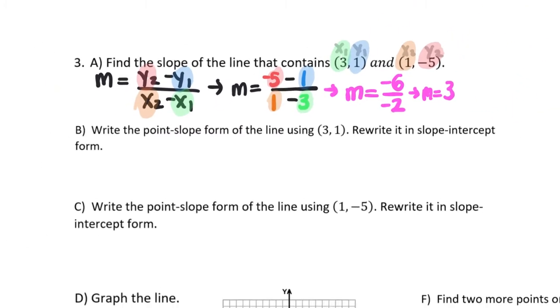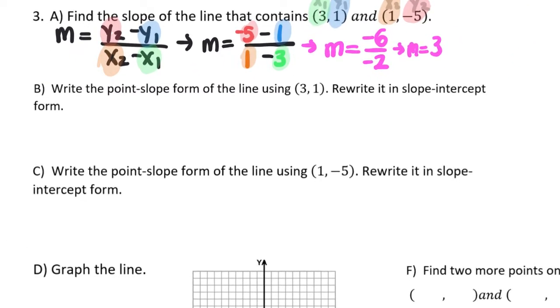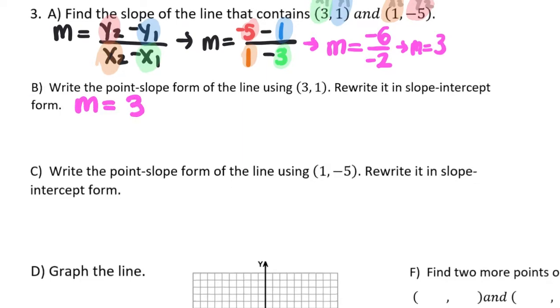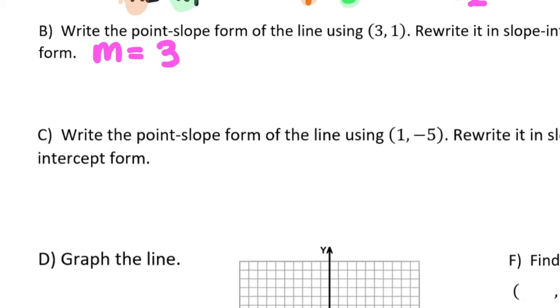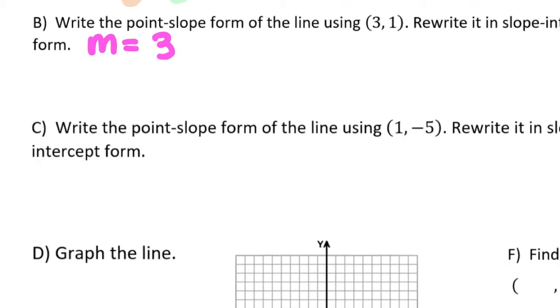Now for the next part of the problem, we see that it says write the point slope form of the line using 3, 1, rewrite it in slope intercept form. So from above, we can transfer that the slope is 3. Now if I zoom in to focus on just that part of the problem, I'm given this point that I'm going to use. So if I consider what's given to me, I have my slope of 3 and my point of 3 comma 1. Now the general form for point slope of any equation